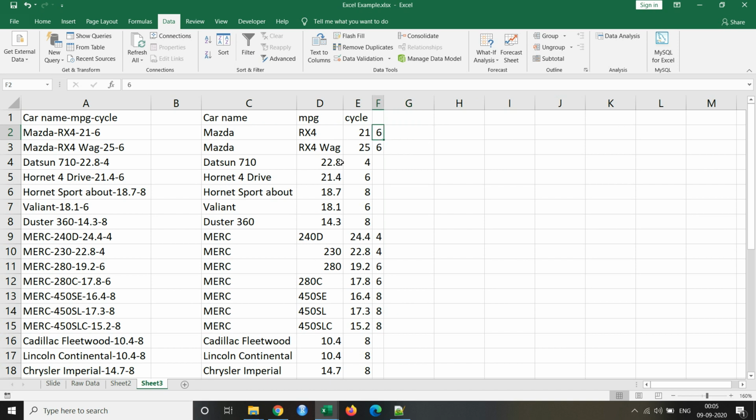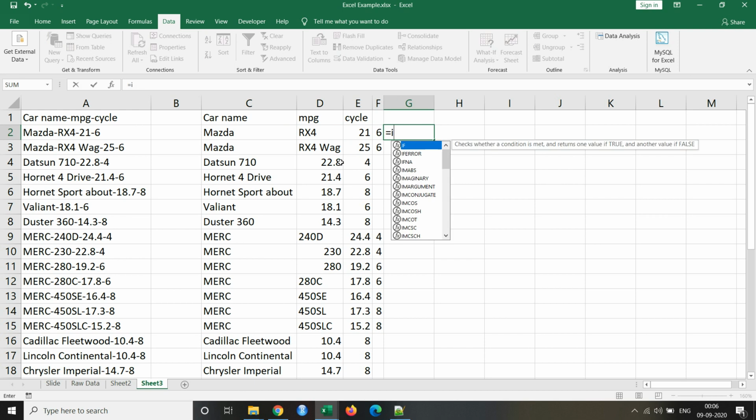We know that this 6 is cycle, and this 21 is MPG. So what we can do is concatenate these two names if this is text. I'll just do it in front of you. We'll use the IF function.